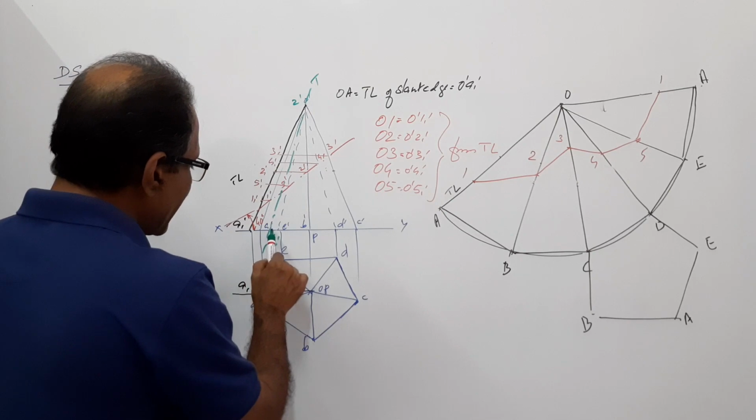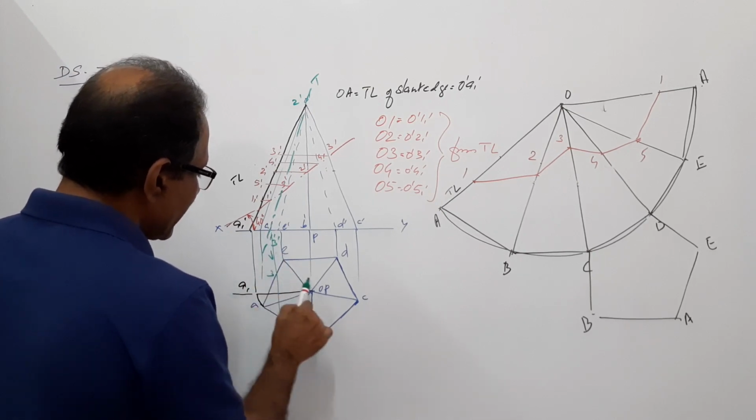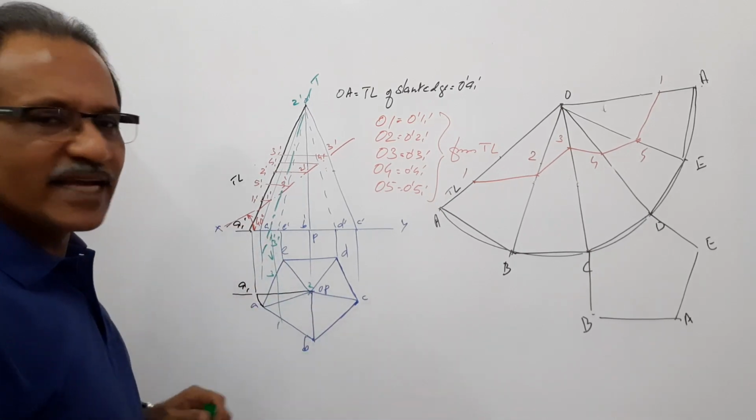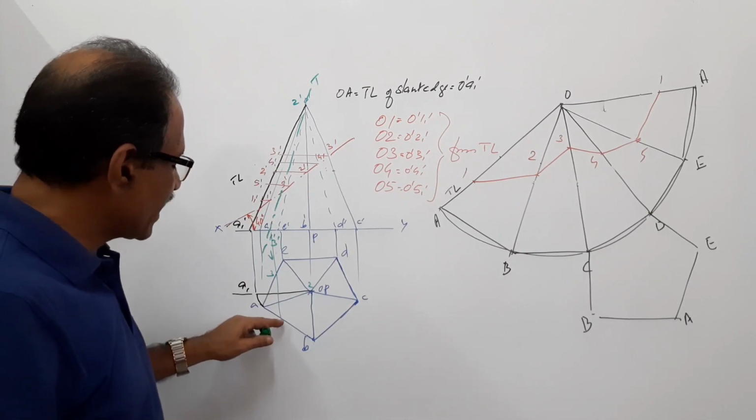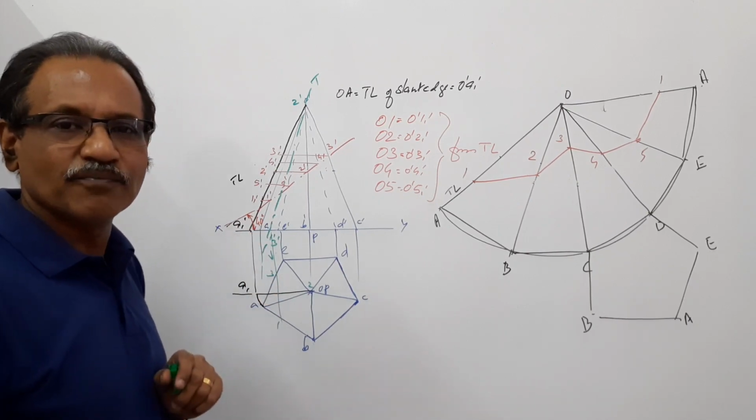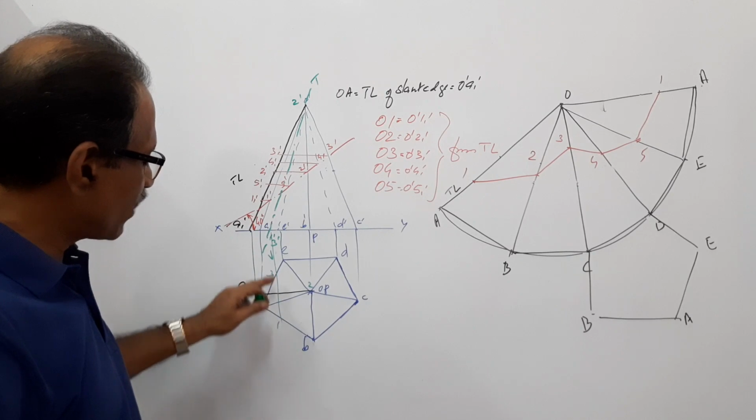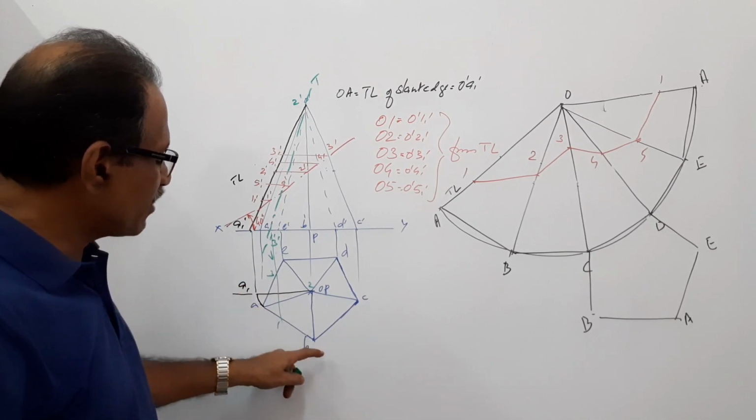When you come to the plan, 1, 3, 2. In this case, you have to come to the plan and locate 1 and 3. In the elevation, you will not get them. Okay. Once you get the plan of 1 and 3, where is 1? 1 is on the way from A to B.